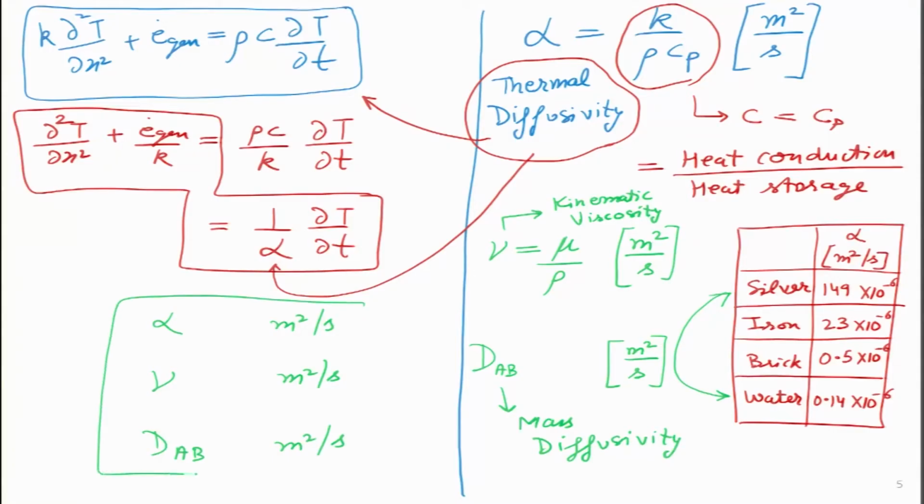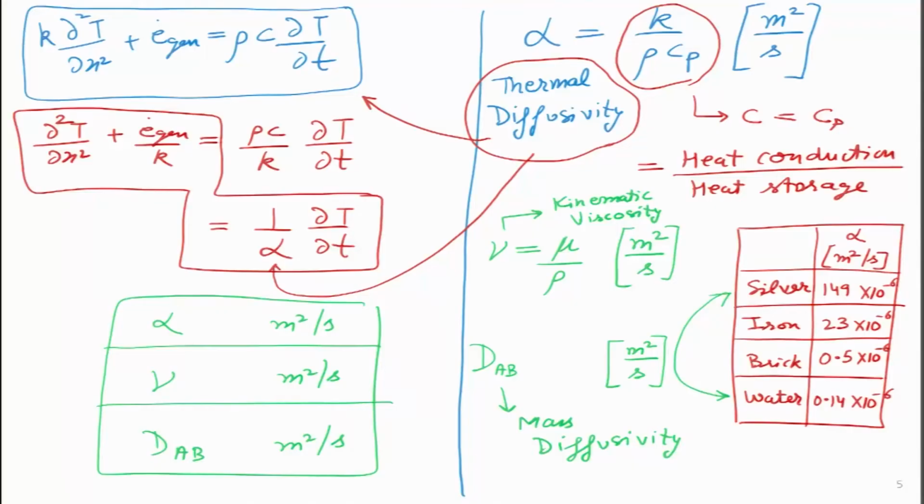This is something that we will study in the later lectures of this course, and it so happens in nature that all the equations turn out to be very, very similar. So, whether it is mass diffusivity, heat diffusivity, or momentum diffusivity, all are similar. If we study one, then we have very good knowledge of the remaining two. So, this is the significance of thermal diffusivity, and in our immediate need we can also replace the ratio K divided by rho Cp with alpha in our one dimension heat conduction equation.